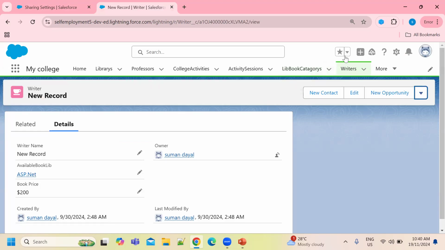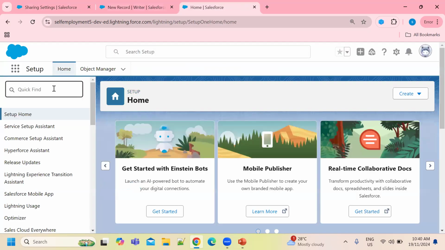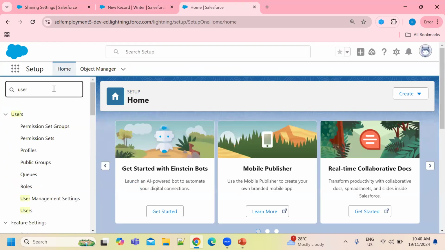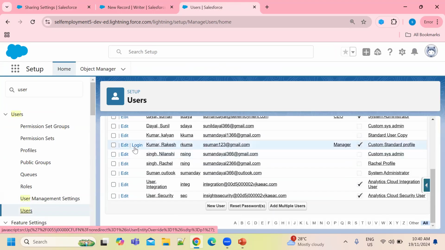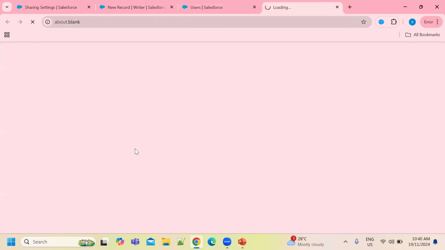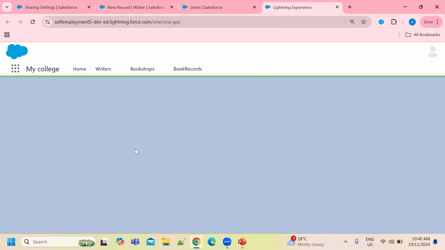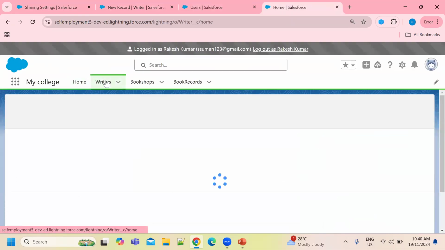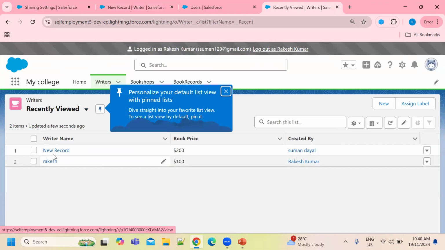How can we check? Come to our setup, in the quick find box type user, click on the users option, and log in from my active user account, that is Rakesh Kumar. Just log in, and if I open this Writer object, here you can see this record has been shared.